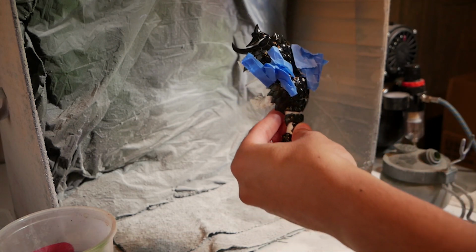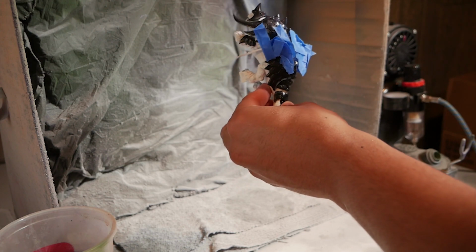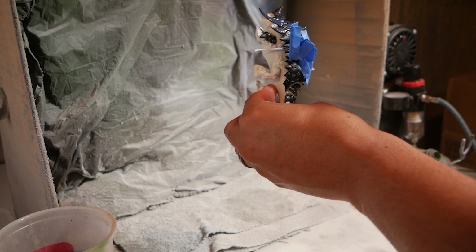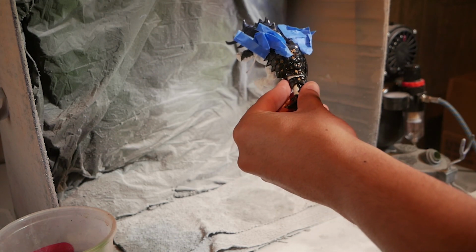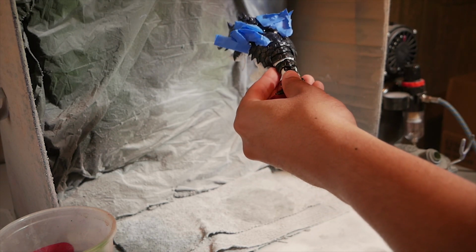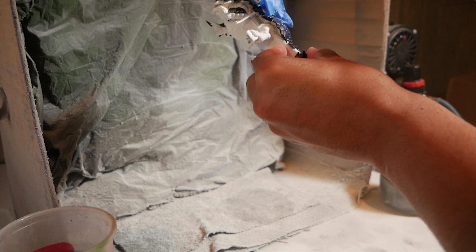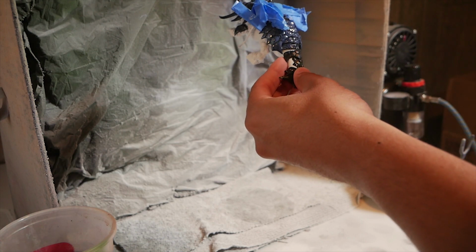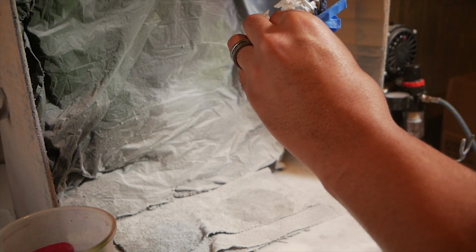So as you can see right here, we have the Bastiladon actually wrapped up. I have some blue painter's tape that I use to cover the skinks, but I soon realized that I didn't need the paper on top of the skinks just because the paint wasn't really affecting the white primer that they had coated on top of them. So right now I'm just